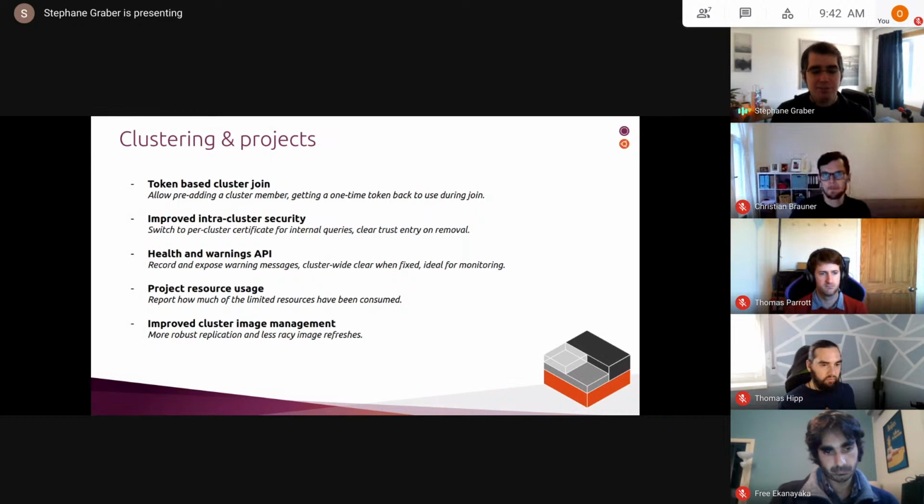So when you manually generate an image with publish, or you manually copy or import an image into the cluster, we will in those cases replicate the image to at least 3 nodes. It's configurable. You can use less or more as you want. The problem is that right now, our logic tends to always pick the same 3 nodes, which is not ideal. So we need to fix that.